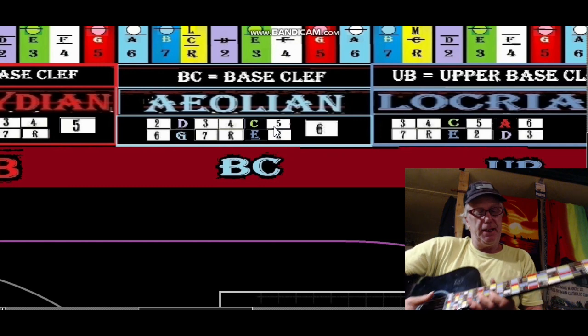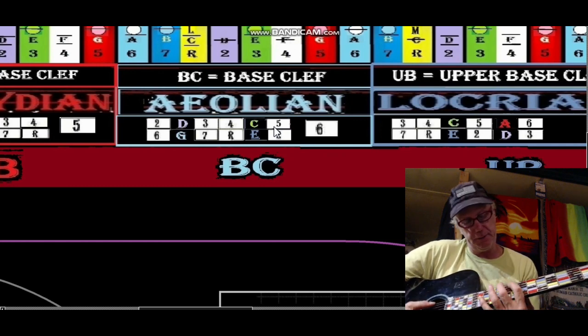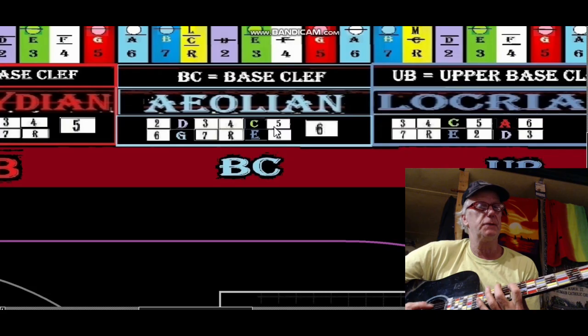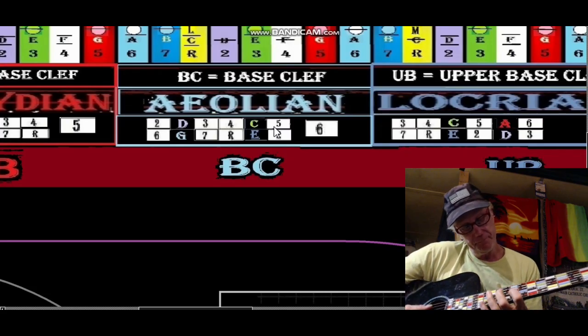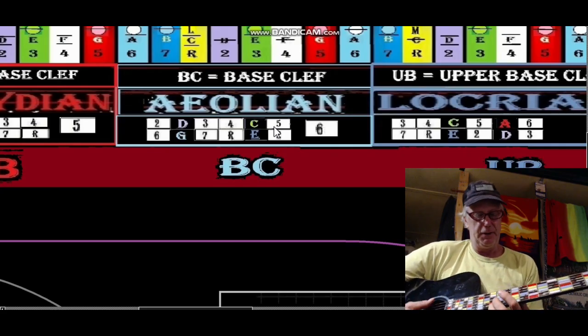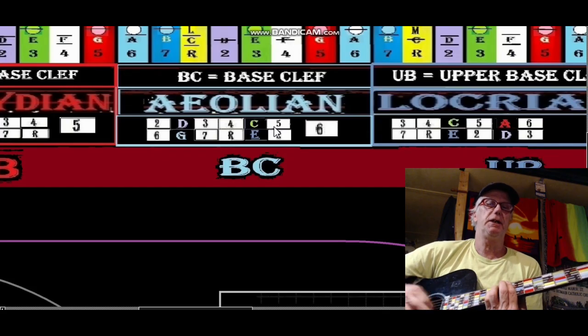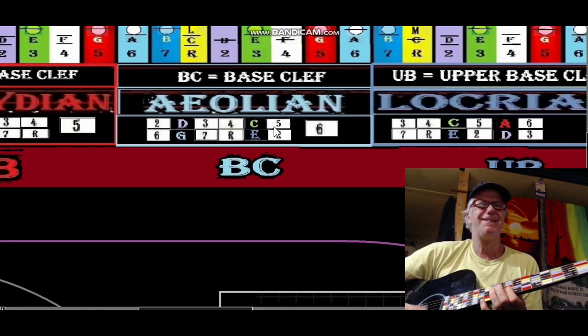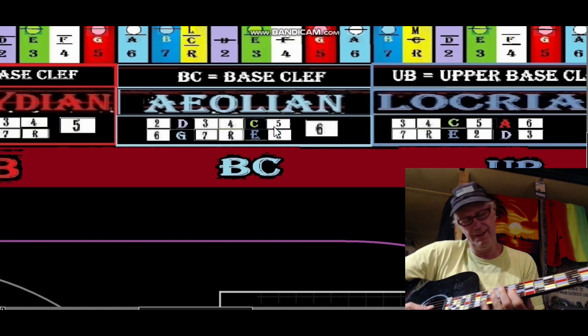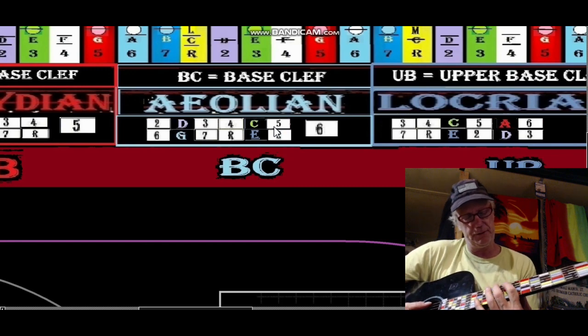So if we're going to do an A, we could do it the old way, would be the short string shapes. Okay? 6/7 root 2 3 4 5 6 7 root 2 3 4 5 6 7 root. Okay, that's your sixth minor in the G, E minor shape. Okay, but diatonically